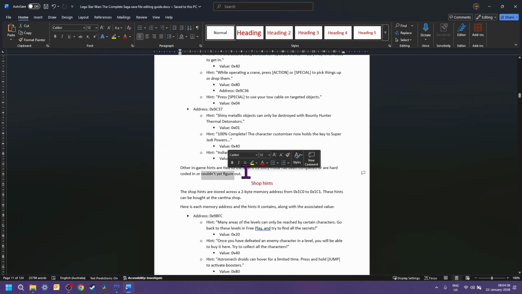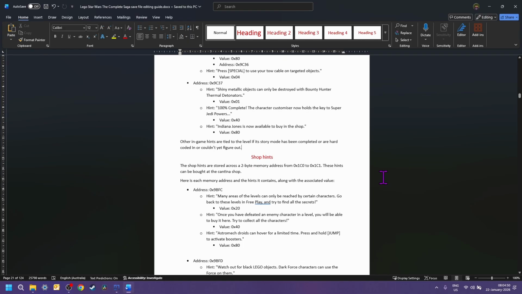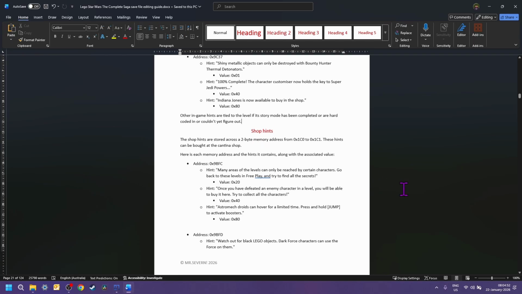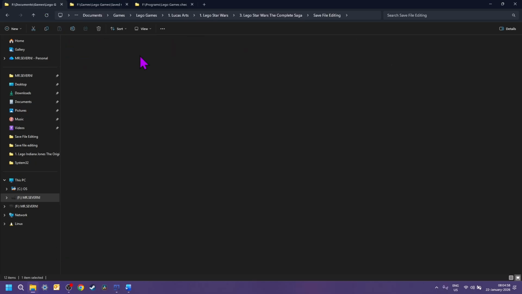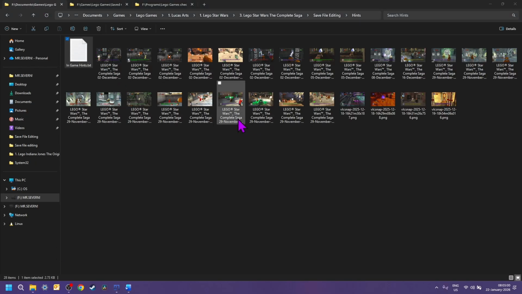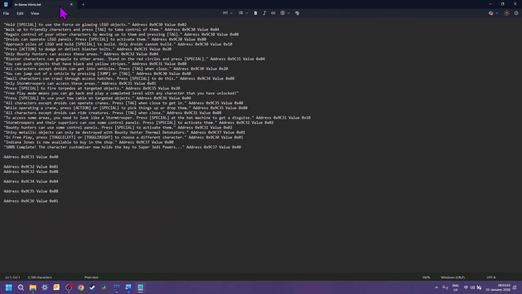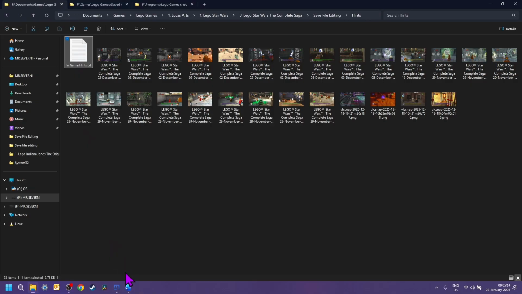Some of them I couldn't yet figure out. I tried. I might be able to figure it out in the future, but right now it's really time consuming to figure out the remaining ones. I think that might be shown on this file. These are values at the moment I couldn't work out where they come from, so I might be able to work that out later.